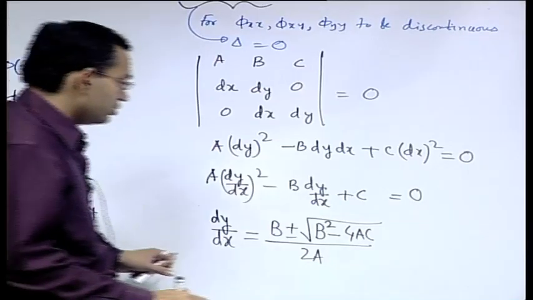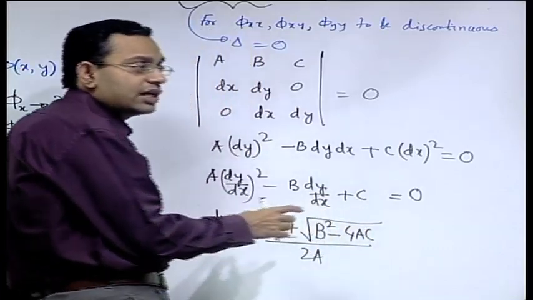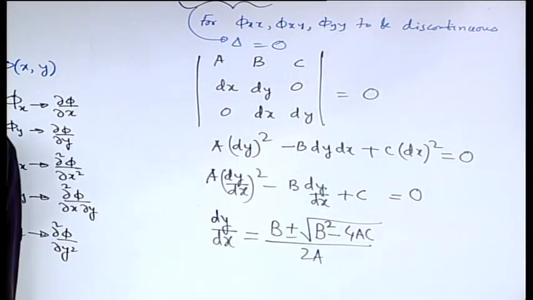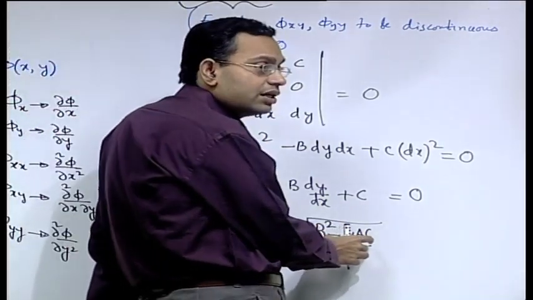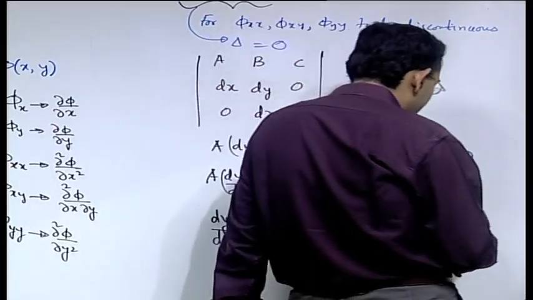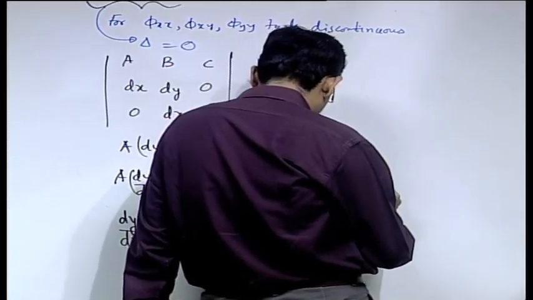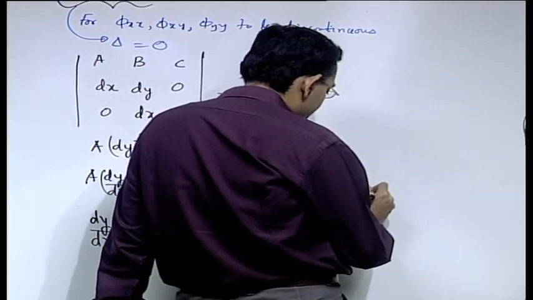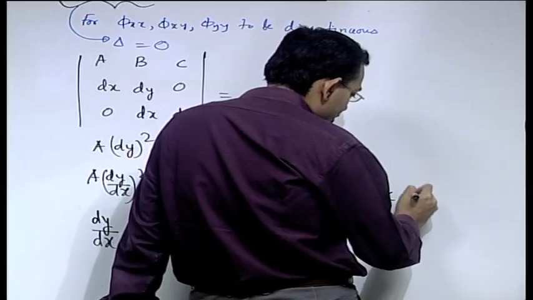It depends on whether b square minus 4ac is greater than or equal to 0 or less than 0. So, just like a quadratic equation, here also this discriminant is what is mattering. So, there can be certain special cases. So, if you have b square minus 4ac is equal to 0,